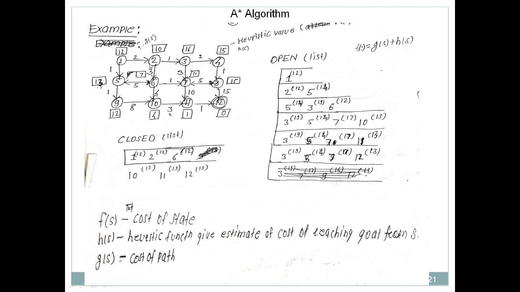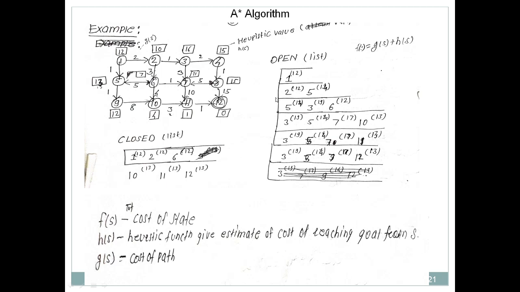Now let's calculate the f value for 2. How to calculate the f value? Again this formula, g of n plus h of n. g of n is 2, h of n is 10. So 10 plus 2 equals 12. That's why the f value for 2 is 12. Similarly, we calculate the f value for 5. It is the addition of g of n plus h of n. g of n is 1 and h of n is 13. 13 plus 1 is 14. Now between these two, which one will you consider? Obviously you select the state which has the least cost. So 2 has the least cost, that's why we will consider it.